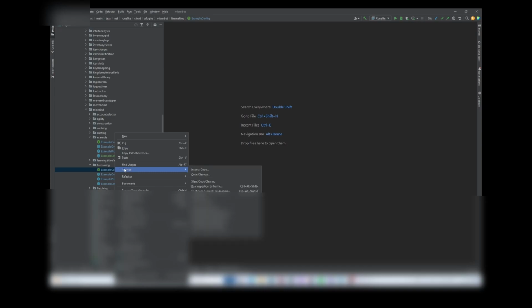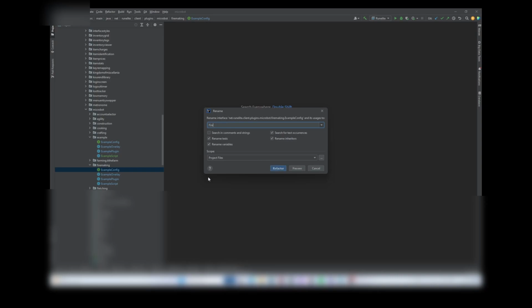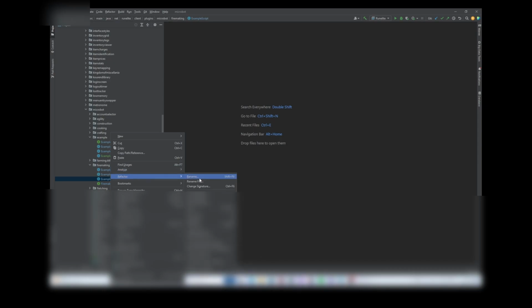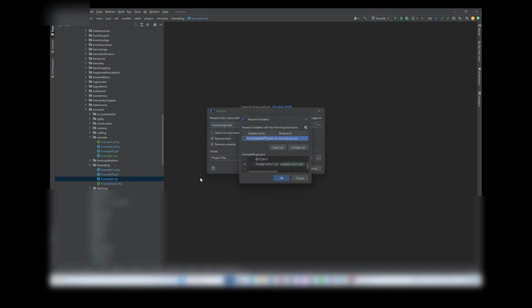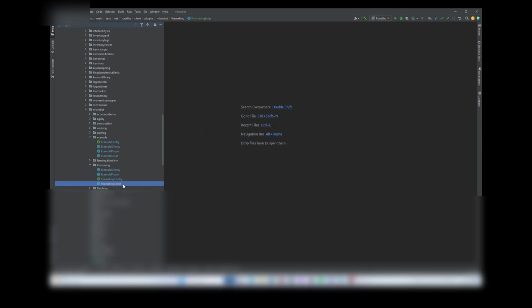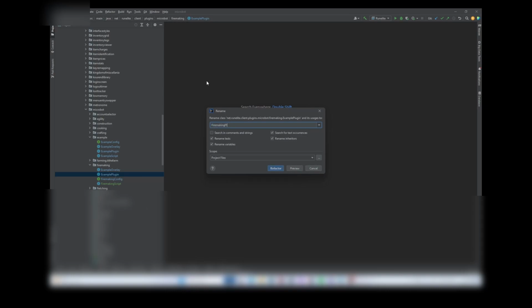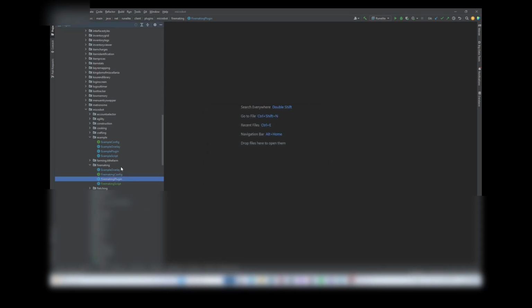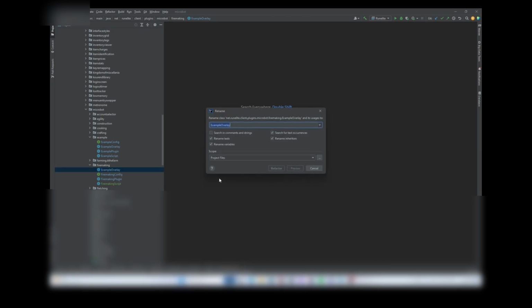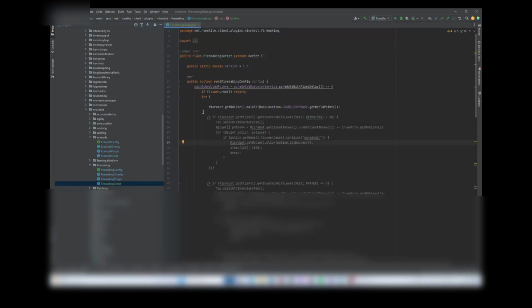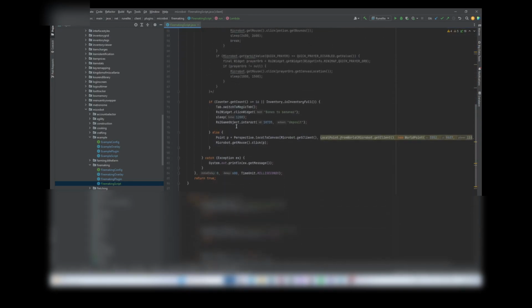And now we simply rename them. So refactor, rename. This will be the Firemaking config. Rename Firemaking script. Yeah, it will update some of the references. That's okay. Rename Firemaking plugin and the Firemaking overlay. There you go. So now that we have all of that covered, we can delete all of this code,